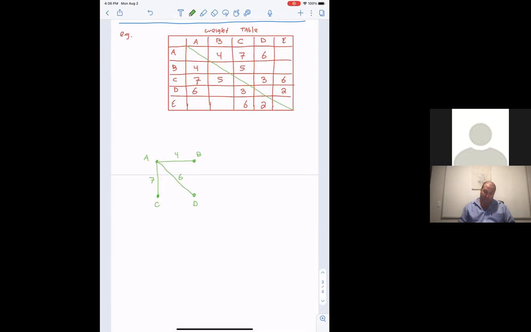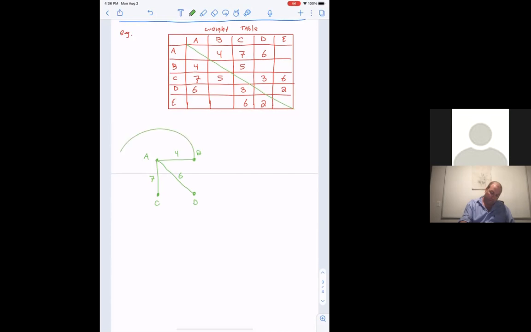We already have B to A, so we can go B to C. Oh, look at that. I'm going to go around this way, so I don't have to cross a line. B to C has a weight of 5. And then C to D has a weight of 3. And then D to E, oh, that's a new one. So we'll put an E. Not D to E, although D also connects to E, so I might as well throw it in there. D to E is 2, but C to E